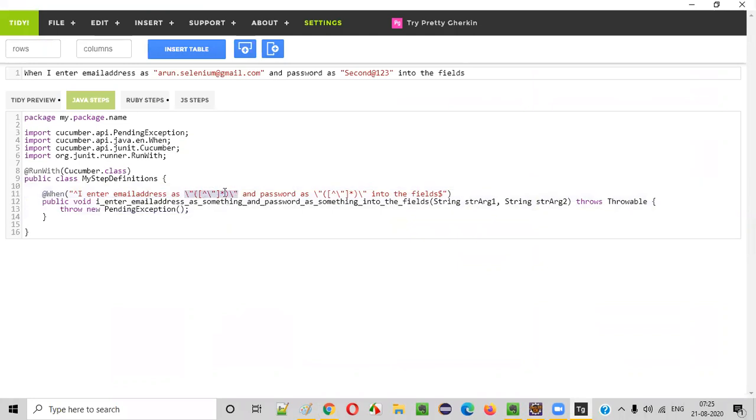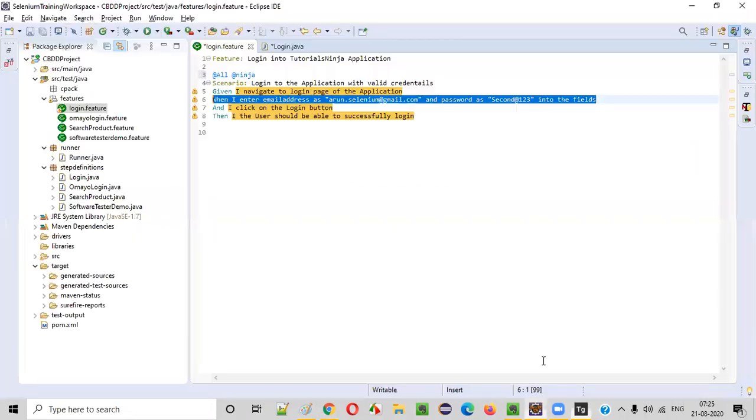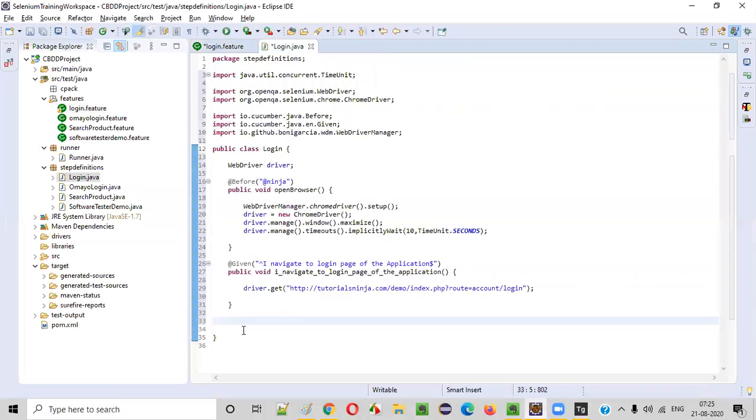Okay, you already know what this is and all. Even parameters also came. These things are getting passed to the parameter. Double quotes are also represented. Everything is there. You don't have to type anything. How to do all these things I already explained in one of the previous sessions, so I'm not going to repeat that.